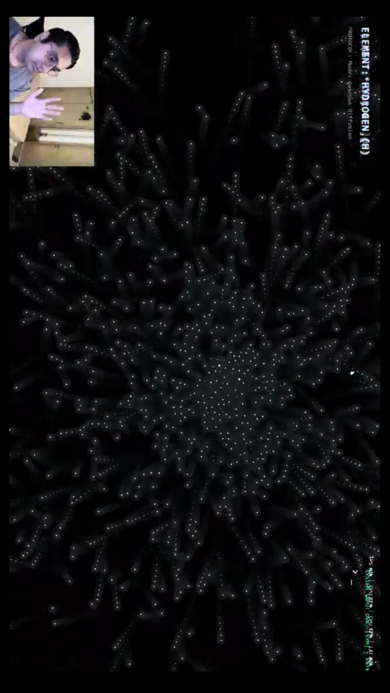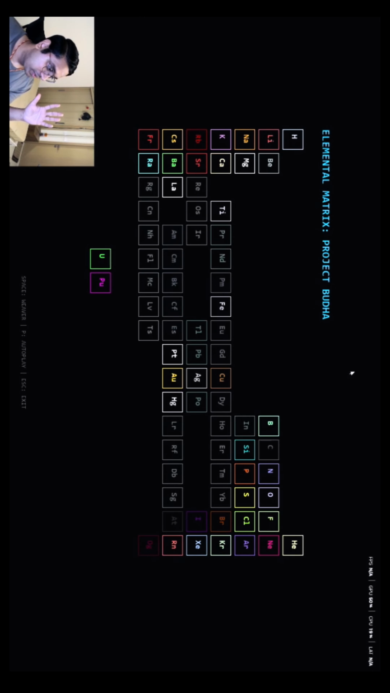I go back to neon because I love it when the particles are completely separated like this. And let's look at hydrogen. You can see how this interface is pretty cool, right? You can always come back to the periodic table. You can see which